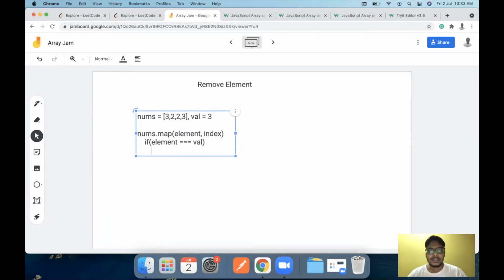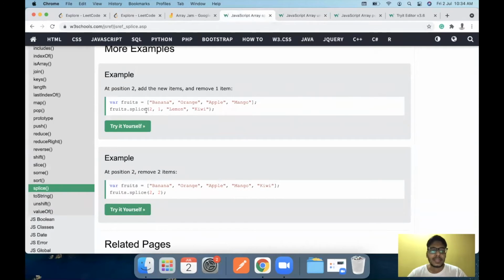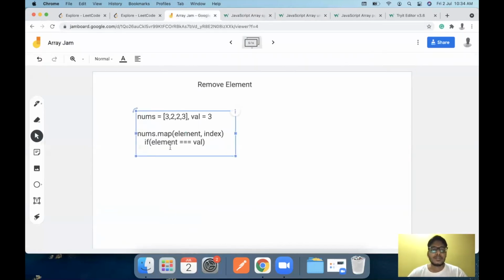Now my first intuition is obviously to go with the same splice method, and we can pass the index and the length as 1 to remove the element at a particular index. So what we will do is, if the element is equal to val, we will remove that element at that index by using nums.splice(index, 1).